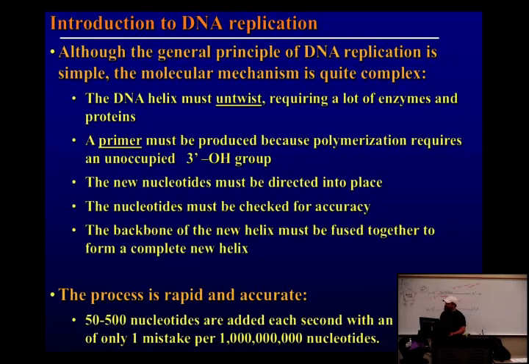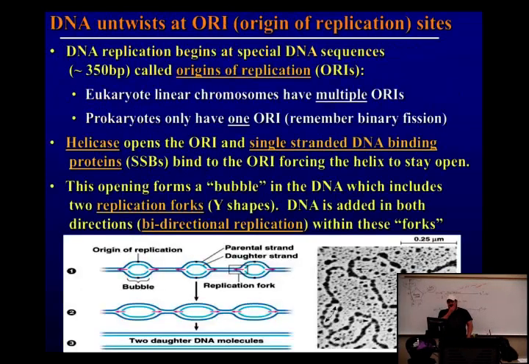And then we continue until we make a new strand. So the process of copying DNA is fast. It's about maximum speed, 500 nucleotides per second. And it makes one mistake every 1 billion nucleotides. So just to give you an idea, if that was your textbook, that would be one mistake per 10 stories of your textbook. Same font. So it's pretty good. Okay. So I'm going to redraw this.